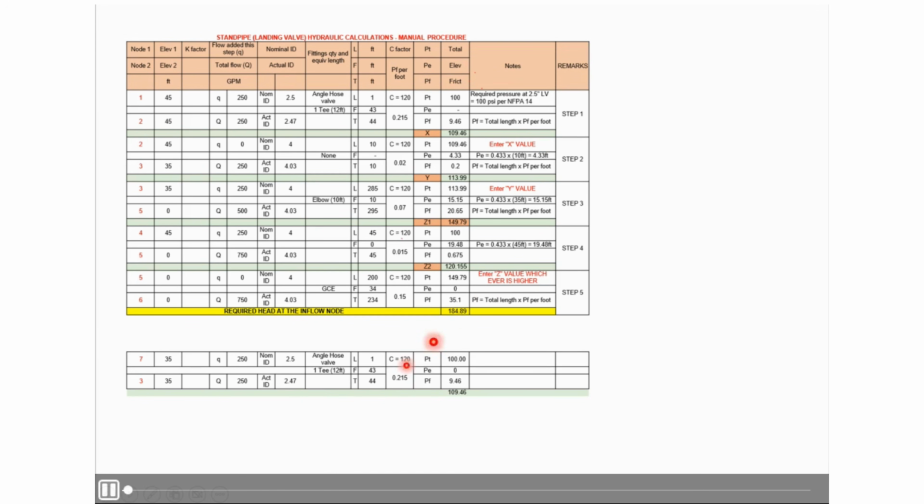Don't look at this particular table at this point of time, since I am going to draw the landing valve riser isometric. Then we can easily discuss these particular points. So now we are going to draw the landing valve riser, or the standpipe riser, which is connected to